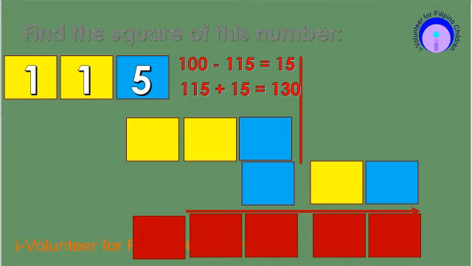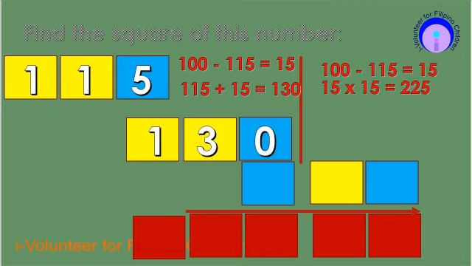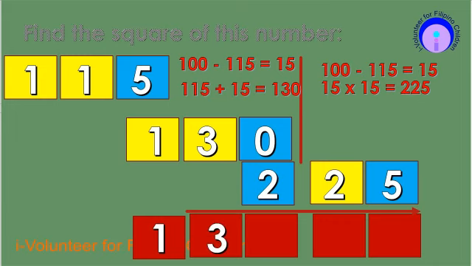This will be added to 115, so 115 plus 15 is equal to 130. On the other side, we will compute for the square of 15, which is 225. We will write 225 under the hundreds place. Now we will get the final answer. Final answer is